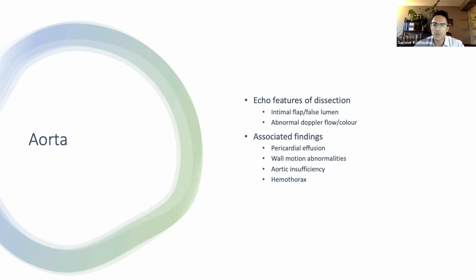We look for aortic insufficiency because of possible dissection into the aortic annulus, causing disruption of its structure and malcoaptation of the aortic valve cusps. And we can look for a hemothorax, which may suggest pseudoaneurysm or rupture of the aorta, which would also be accompanied by very severe hemodynamic instability. And then we can look for other clinical or biochemical signs of end organ dysfunction, such as neurologic symptoms, renal dysfunction, back pain, bowel ischemia.